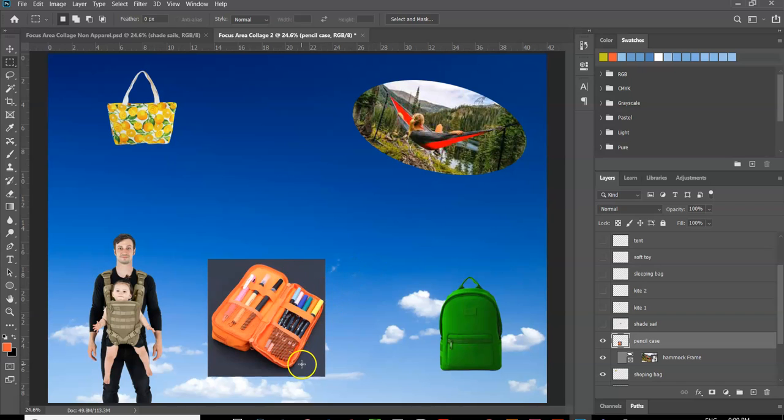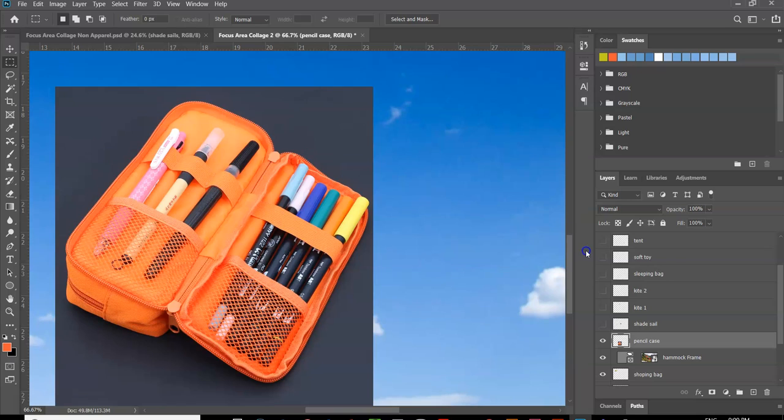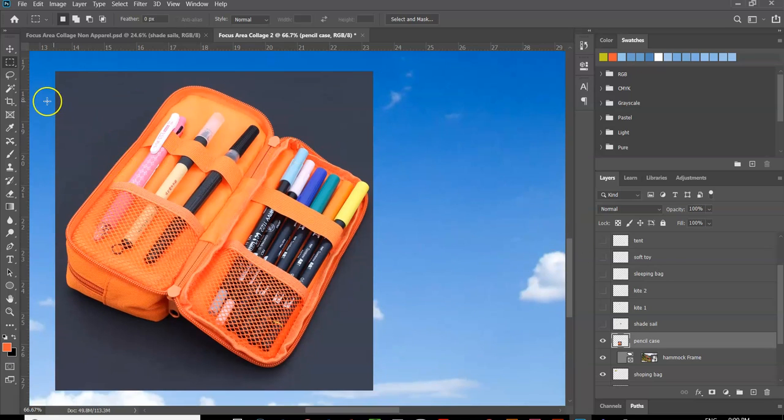The background on my pencil case is grey, so it should be relatively easy to delete. It's got a couple of different shades of grey in there, but it's similar to getting rid of the white. So I'll just zoom in so that we can have a better look at what we're doing. So Control or Command plus to zoom in. Then I'm going to go over and get my magic wand tool,